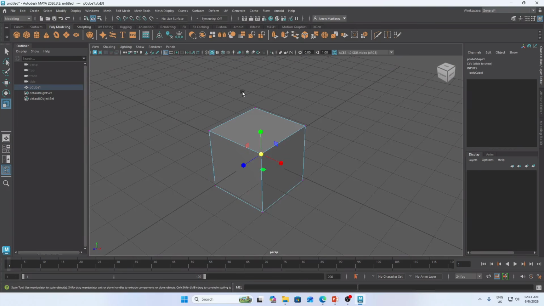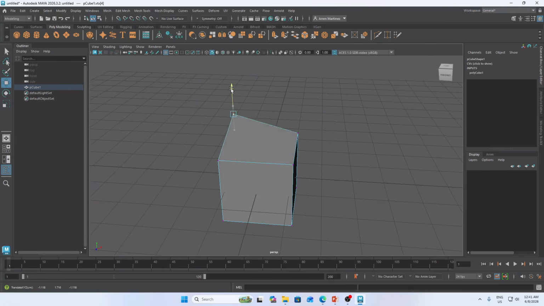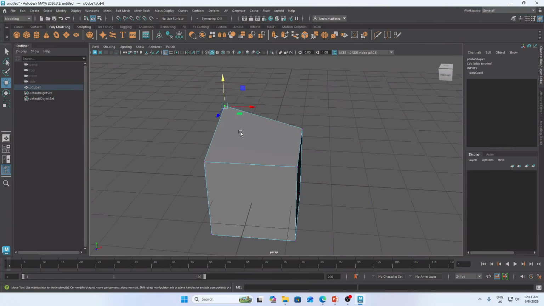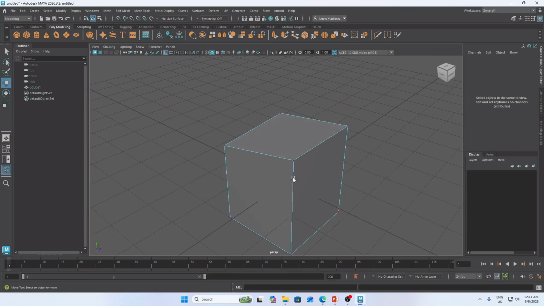Now, if we highlight this particular node, and then press the move tool, which is W, you can really adjust a specific part of the object. So that's the purpose of the vertex.